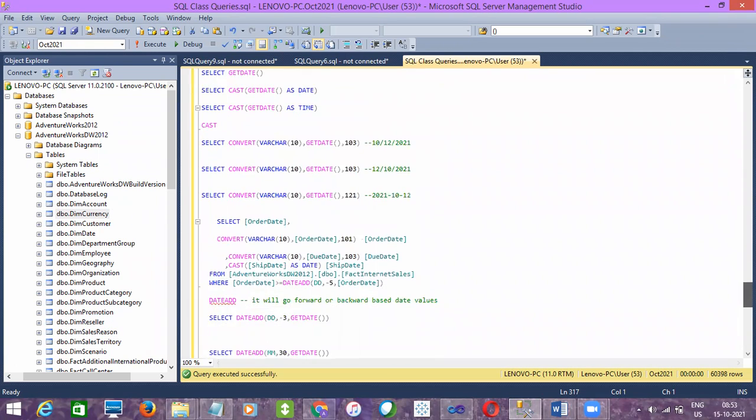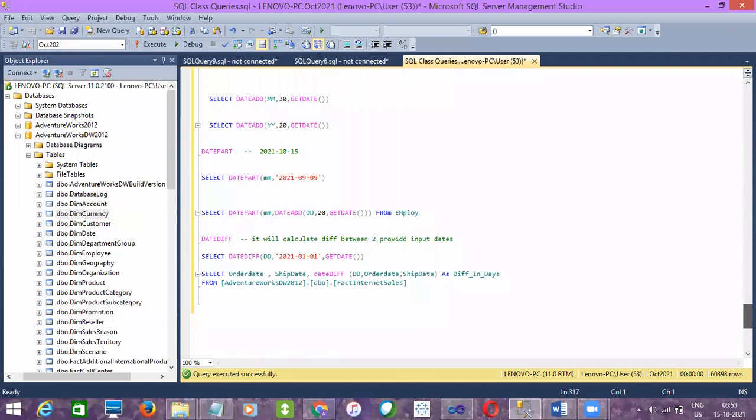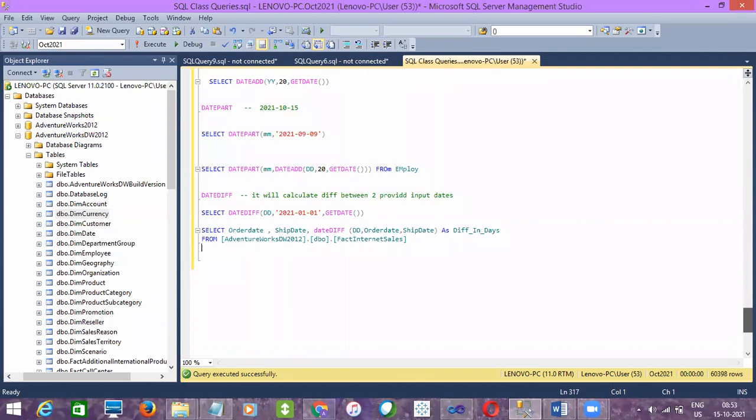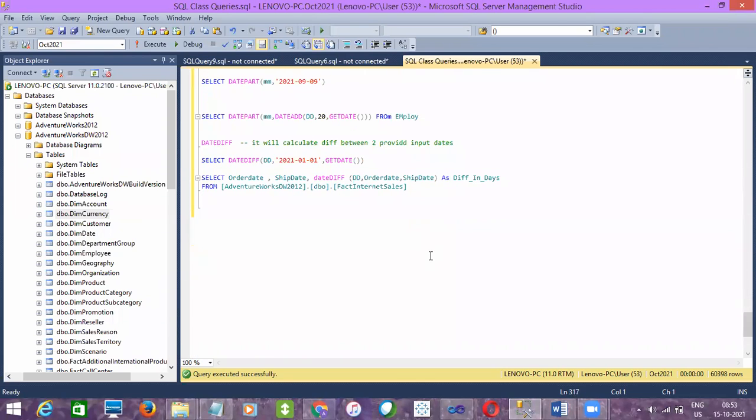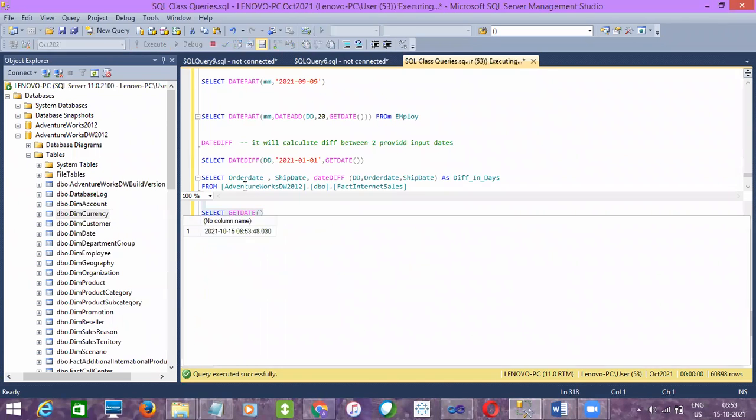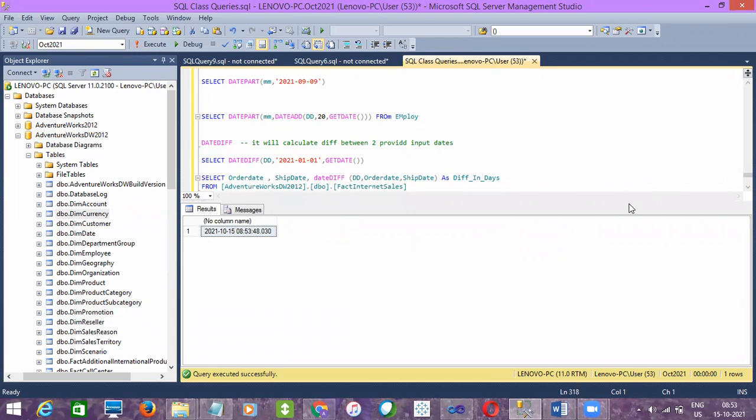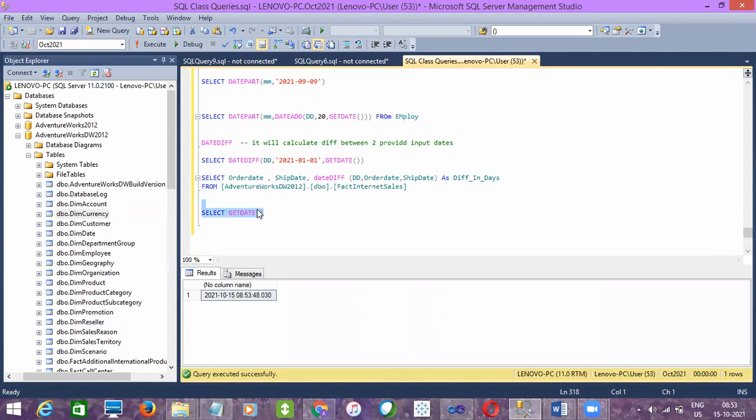The date functions: DATEDIFF, DATEADD, DATEPART. Did anyone get a doubt on how to get the day name? If I do select GETDATE, we'll get today's date and time, right? If you want to convert it to only date, we can use cast.